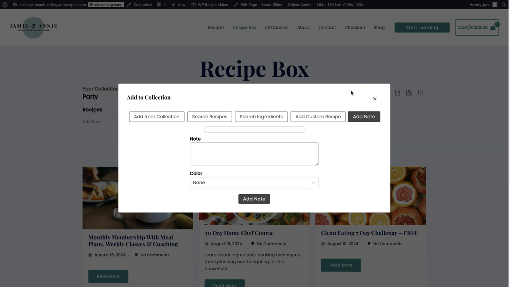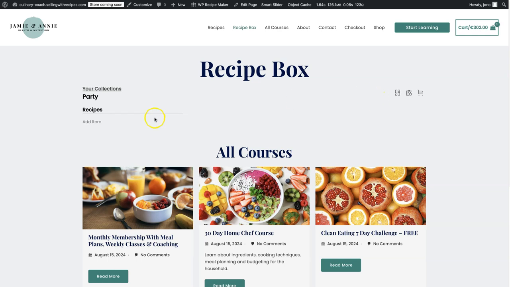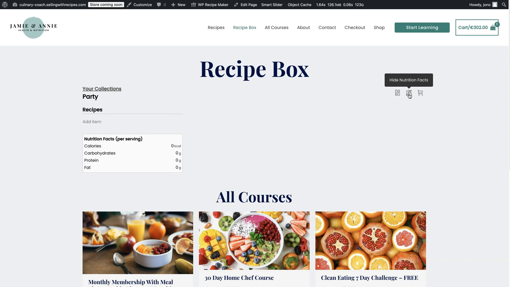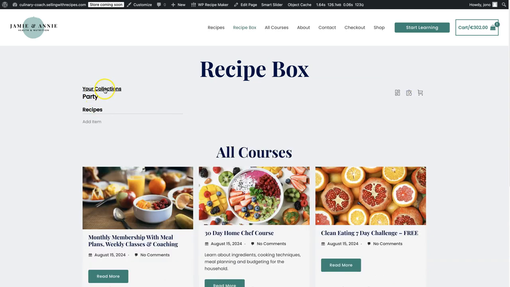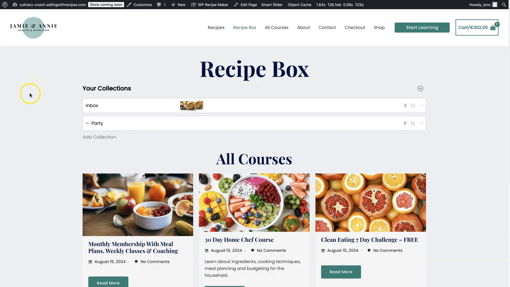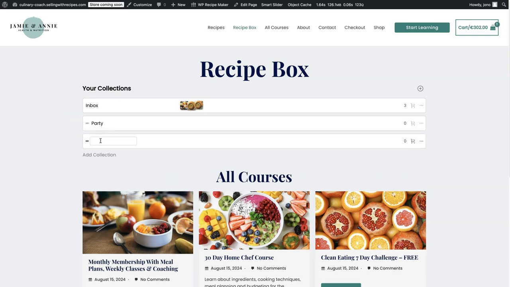So not to mix that up, we can add private notes to each individual recipe, and we can add notes to collections. And the brilliant thing is we can show and hide the nutritional information of recipes with a click. We have that in the collections. Okay, so we can create like a